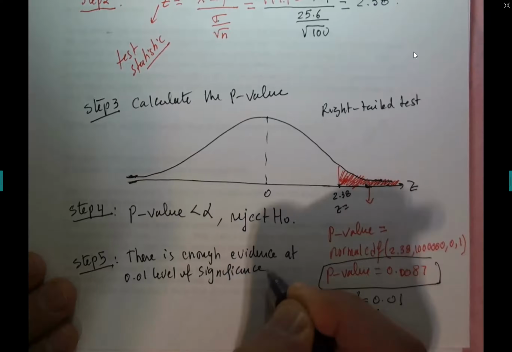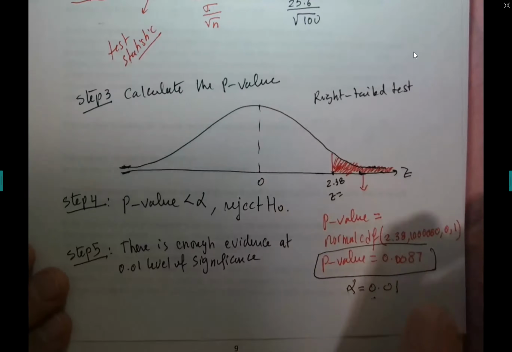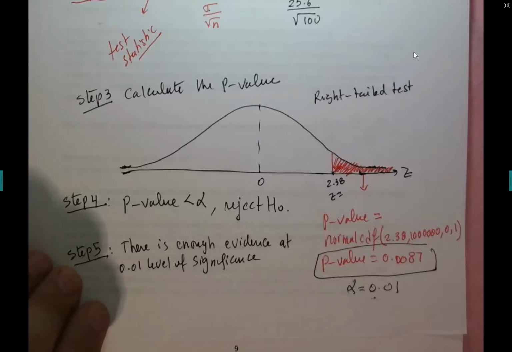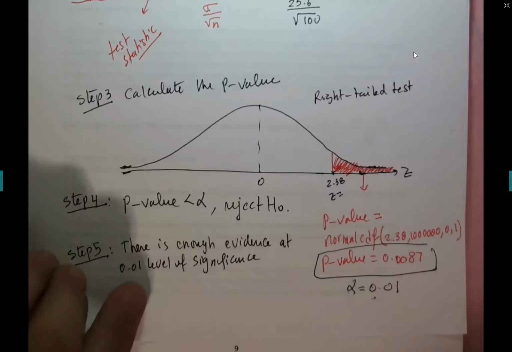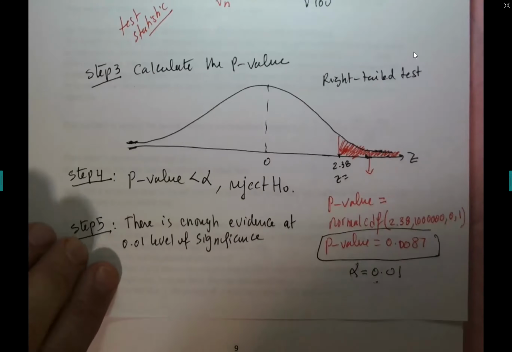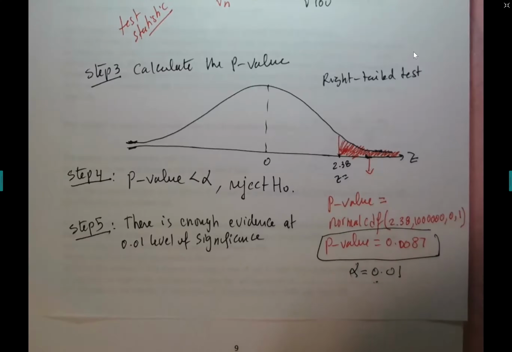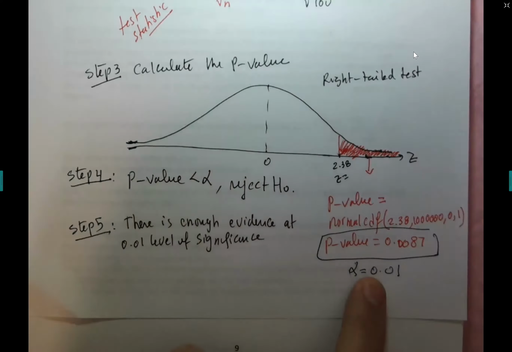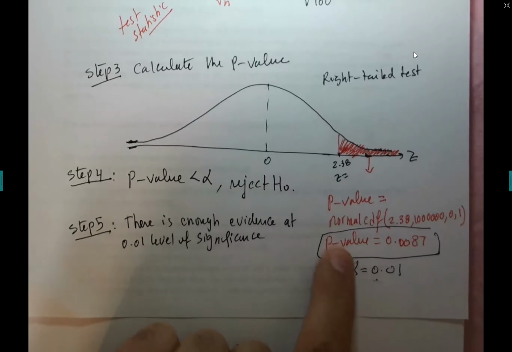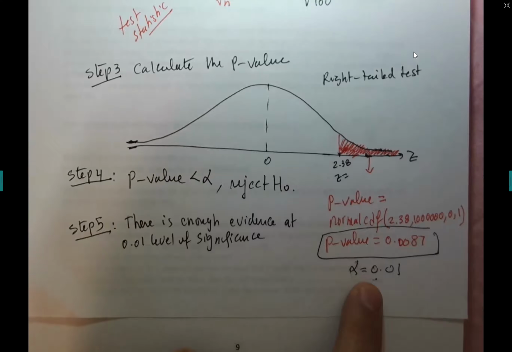Professor, where did you get 0.01 from? Oh, this is the alpha. This is the level of significance given to you in the exercise. This is the maximum allowable probability of making a type 1 error. And this is the value that you compare the p-value with always. If he doesn't give you anything, guys, in the problem, use 0.05. But most of the time, we will give you the alpha.